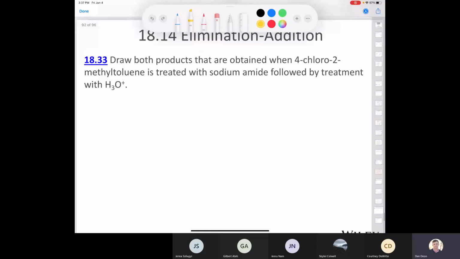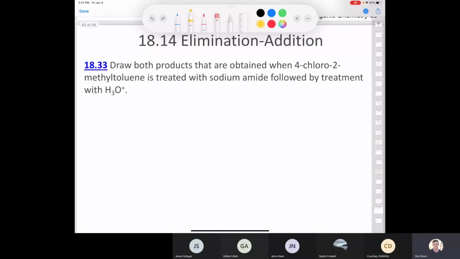Anyhow, let's look at the last problem. I think it's, no, maybe it's not. No, it's not the last problem. The last problem in this section that I have in the slide deck says, draw both products that you get when you take 4-chloro-2-methyltoluene and you treat it with sodium amide, followed by treatment with water. So let's start by drawing 4-chloro-2-methyl